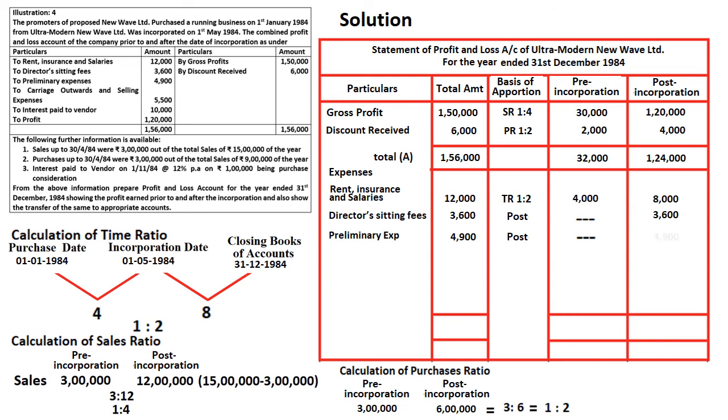Interest paid to vendor, it is paid up to which date? Up to 1st November 1984, in the sense January to 1st November, in the sense November will not be included. So till October, so 10 months. So 1 lakh into 12% into 10 by 12. So we will get how much? 10,000. So out of this 10,000, pre-incorporation months are 4, and out of 10, pre is 4, post is 6. Right? So that's the reason why.